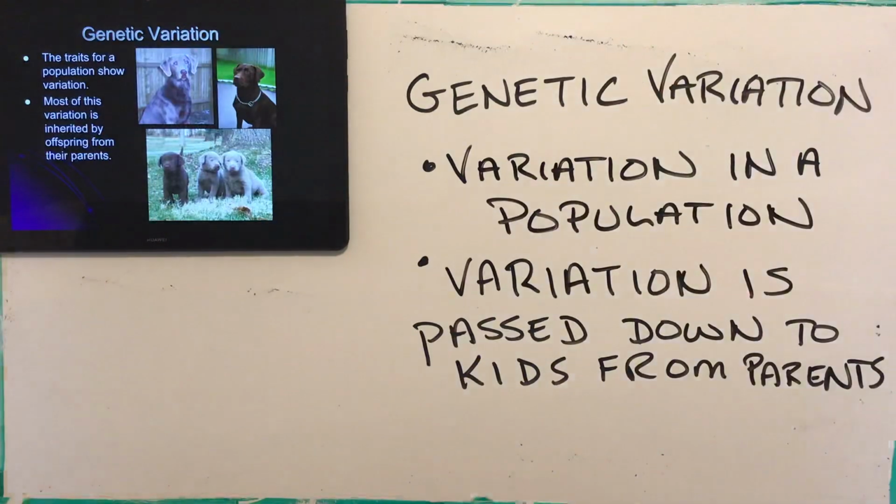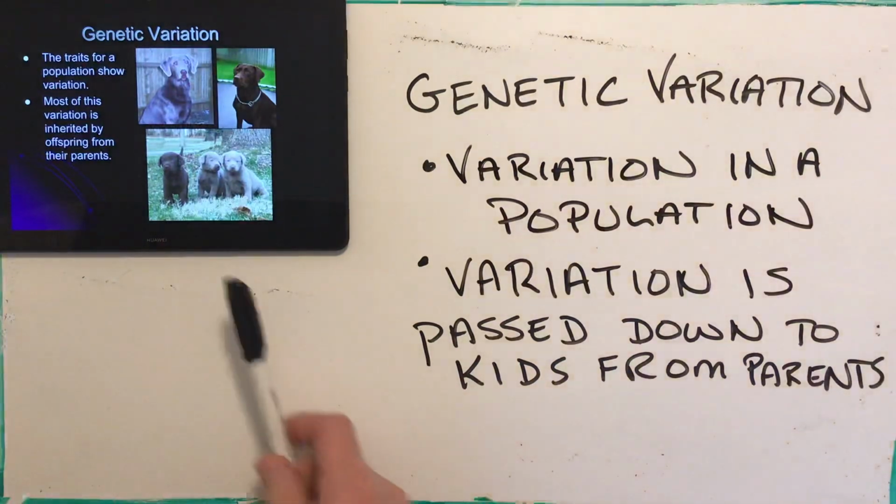So variation is passed down from your parents. We talked in class about, have you ever seen pictures of your own parents or your grandparents when they were your age, right? And several people put their hands up and they said, it's remarkable how much they look like their grandma or their grandpa or their mom or dad back in the day, right? And that's basically it. This is what that's saying. You look the way you look because it's a combination of your parents' traits, right? Not a big thing. Look at the dogs here.